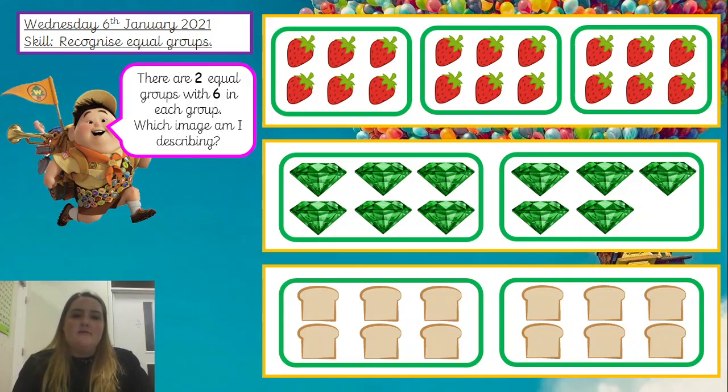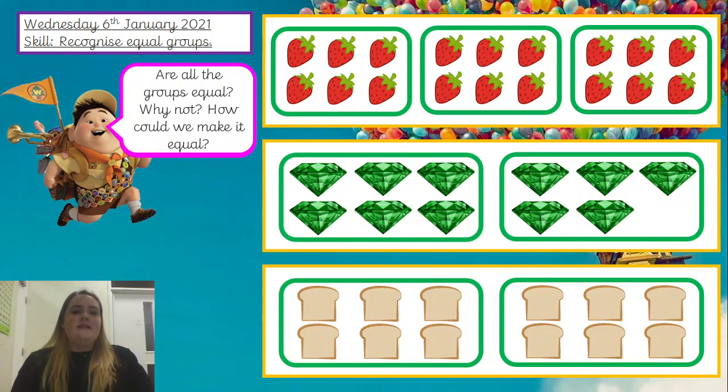So that is the reason that Russell is not describing the top one, which means he is describing the bottom one. Well done if you got that right. Okay, so knowing that that middle one isn't an equal group, how could we make that an equal group? What could we do? Have a little think. Well done,